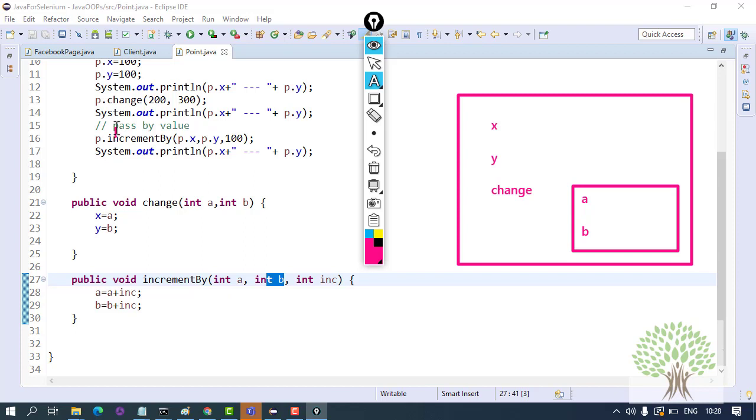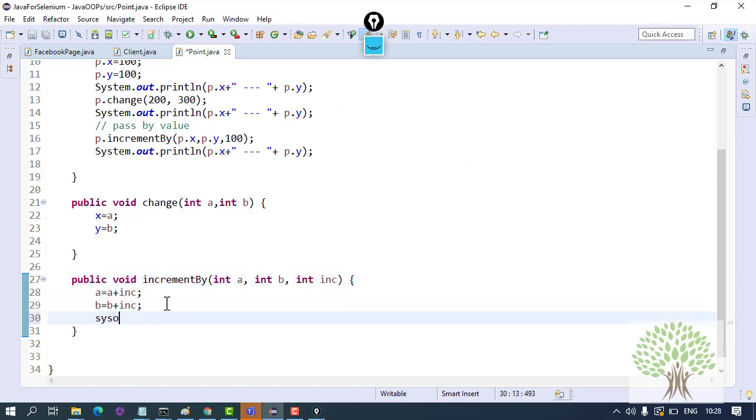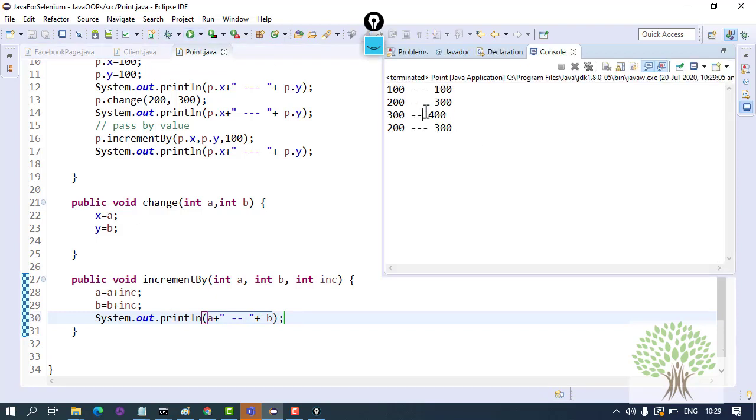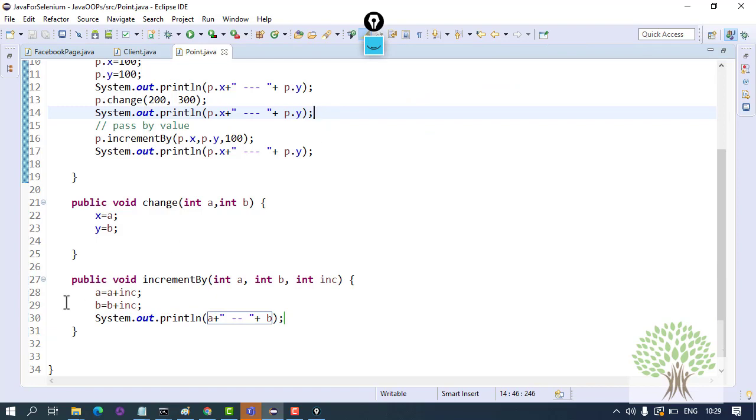But remember, the primitive data types are passed by value. P dot x I have written over here. Its value is sent inside a new variable a, and that variable is incremented. If I print the value of a and b over here, you will be able to see this thing. Now you must be wondering that you see that it is incrementing. You must be wondering that this is but obvious thing, why am I telling you? It will get clear in some time.